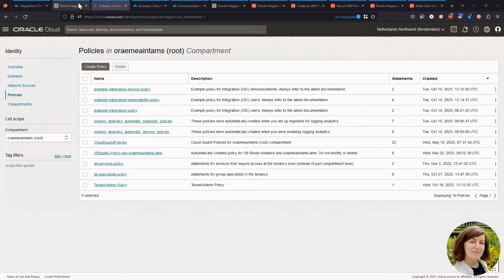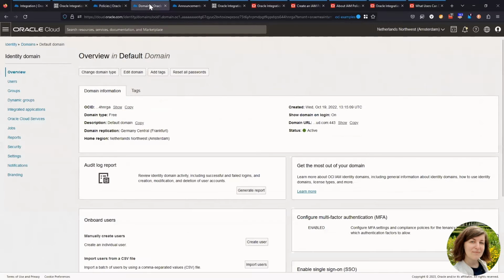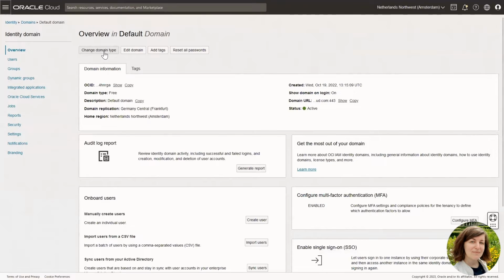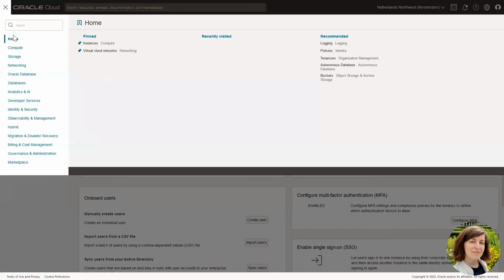Once an OIC instance is provisioned, in order to give developers or other users access to that particular instance, to the instance console, you need to assign application roles. You do this from your identity domain.